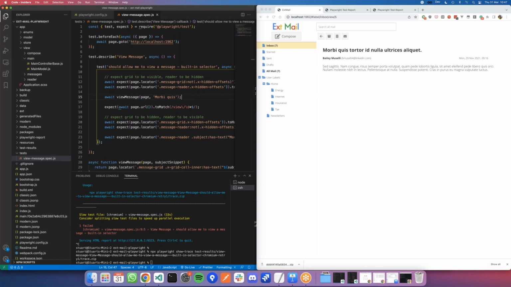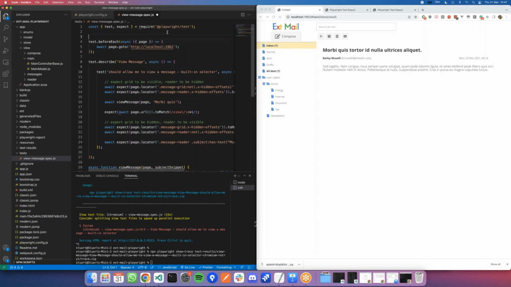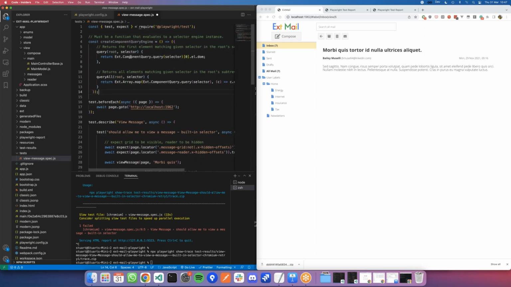So with that premise, we can build our own engine to select things based on component queries. I'll just paste in this example here. This is a function that returns an object. It's got a query function and a query all function, and when it matches this query syntax that we're going to give it,